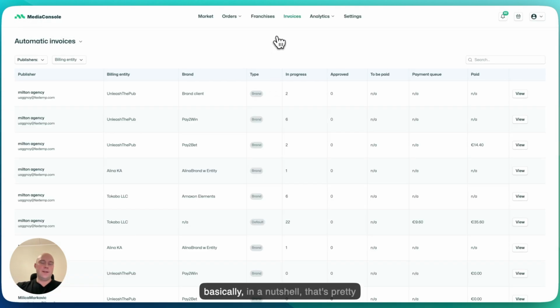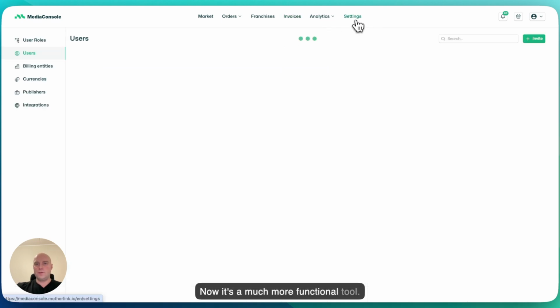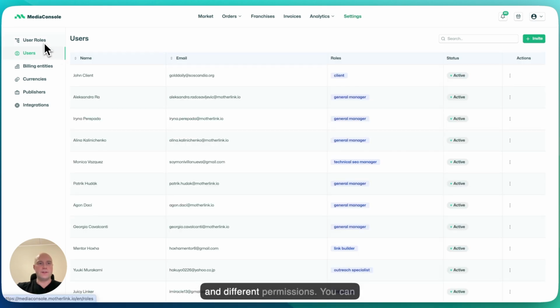So basically, in a nutshell, that's pretty much what the tool is. Now you invite your link brokers, you place orders, you collaborate on the order, and you pay for the order. It's as simple as that. It's a much more functional tool. You can set up different custom roles and different permissions. You can add as many currencies as you want, billing entities, etc. This is something we're going to cover in another video,